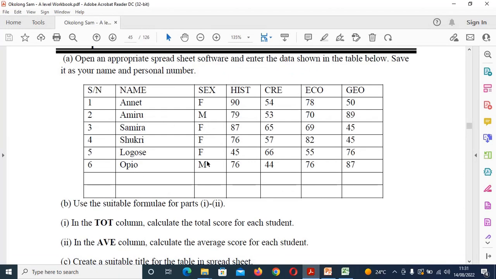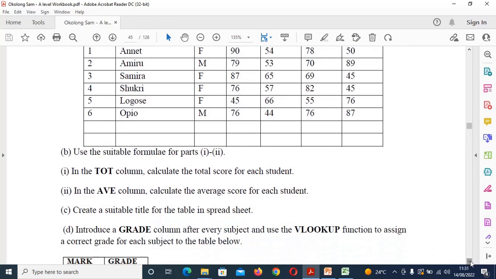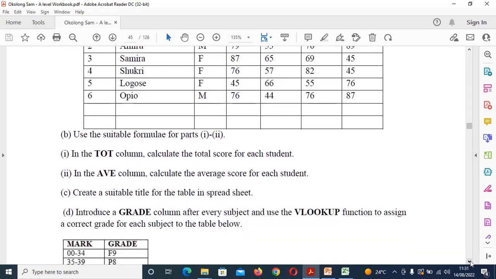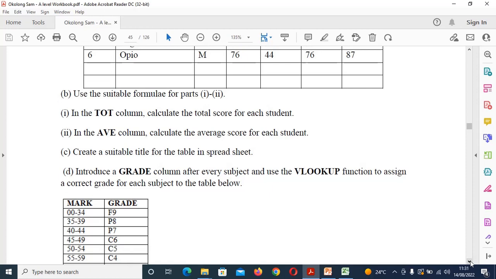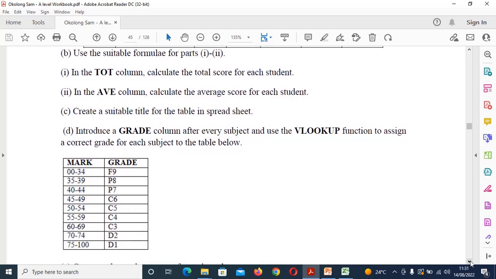You have been given this data. They want us to find the total, to find the average, then create a suitable title that will be yours. I'm now looking at grading. Introduce a grade column after every subject and use the Vlookup function to assign a correct grade for each subject. So for this case,